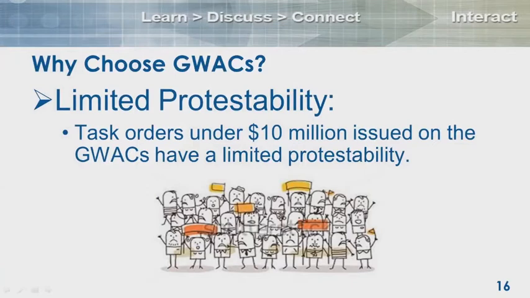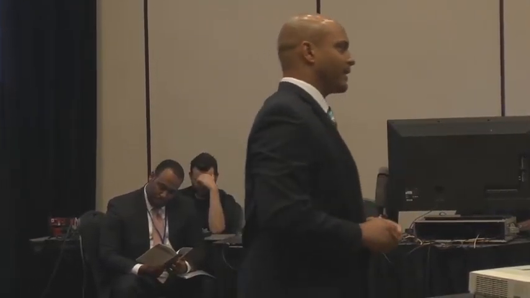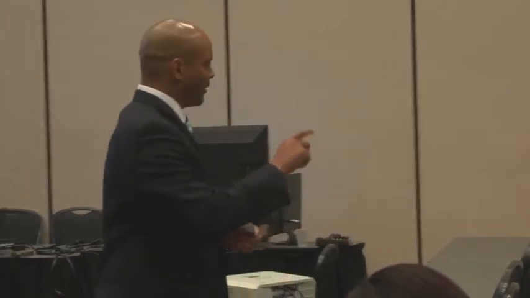Very important, protestability. Basically, if you issue a task order award under $10 million, it's protest proof. Except on those grounds that the task order exceeds the size, the scope, the duration of the master contract. Basically, the only way somebody can protest something underneath $10 million is if a task order is issued that is not IT. Okay? So know you have a safe harbor underneath $10 million in terms of protestability when using the GWACs. Good thing, right? Nodding heads, no protest?